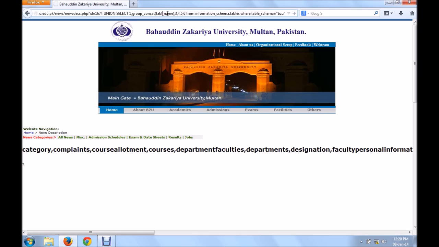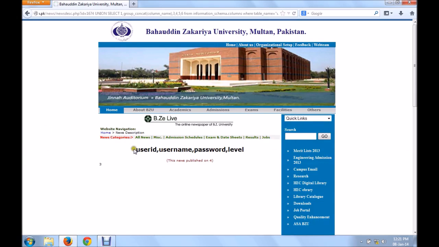So instead of table name, we'll put column name, information schema dot, instead of tables we'll put columns, where table underscore name would be, of course, users. This is the query that shows me which columns are present in that table. See, these are the columns which are present under that table.